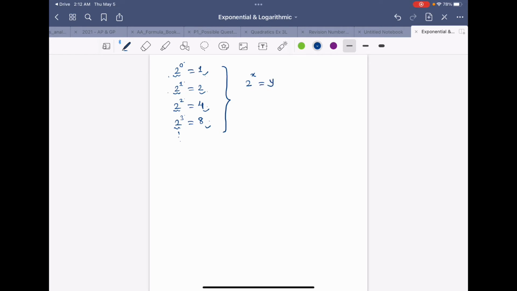I know the table of 2, so I can say 2 raised to whatever, I will get the value. But what if the base is not 2? If it is a complicated number, then the simple rule will not be applicable. You have to apply the logarithmic rule. So the basic exponential to logarithmic